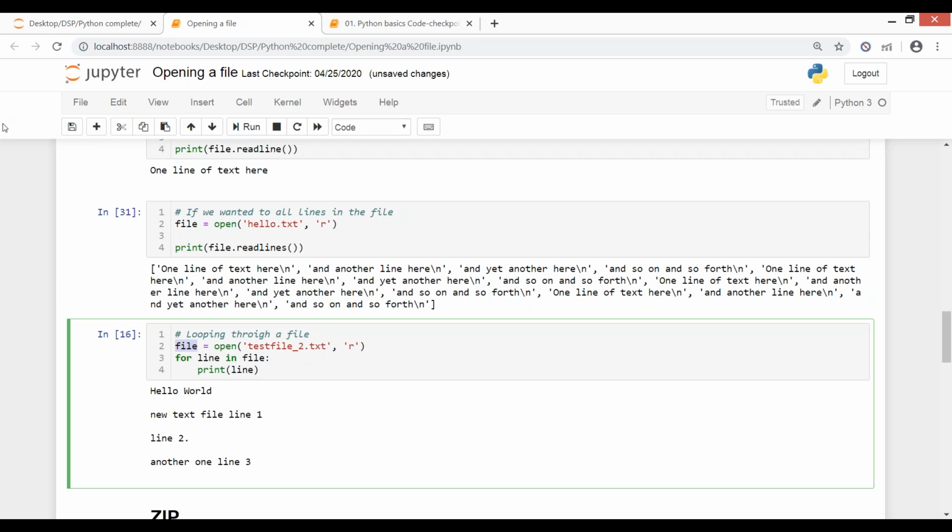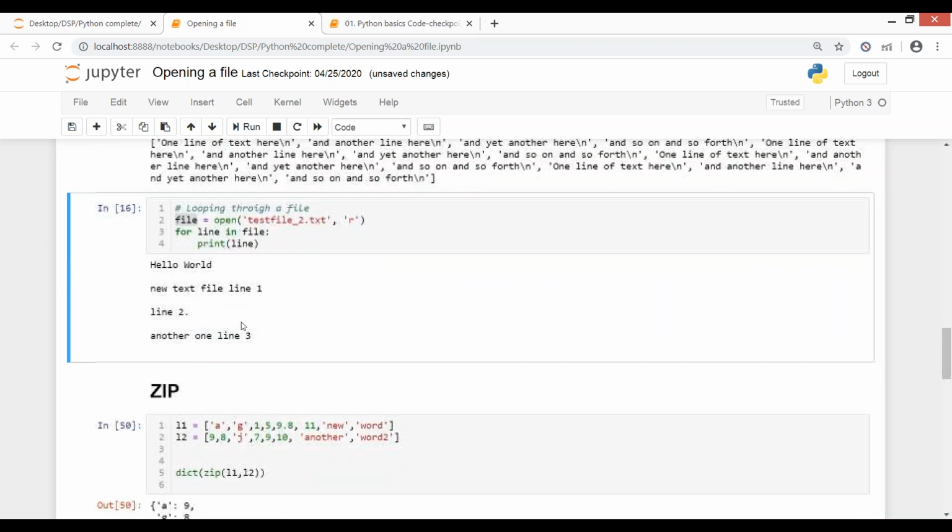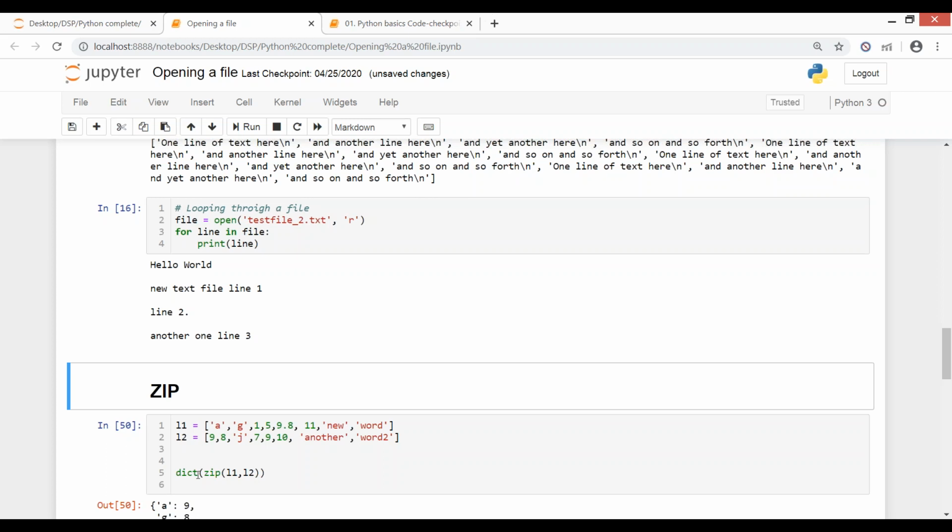Okay, now the next command, moving on, we have the zip functionality. It is the same thing, we just added a loop, nothing else. Now zip will club two things together. We have two lists here, L1 and L2.